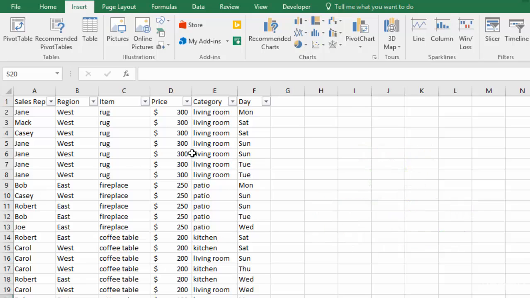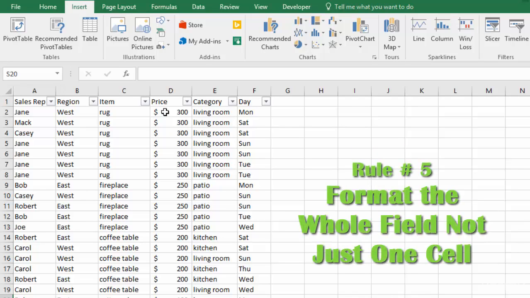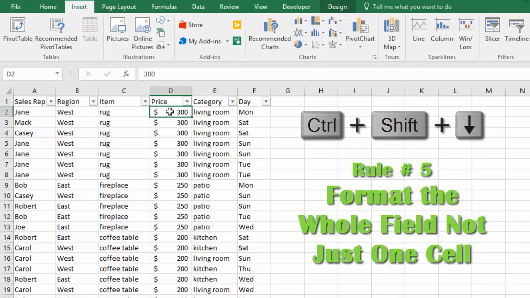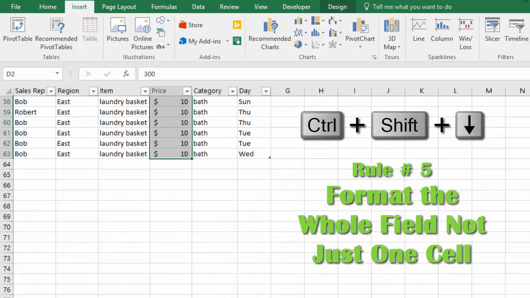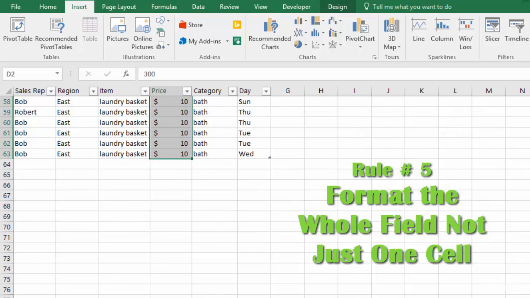create your table. And finally, if you're going to format a value, for instance, I want to change the number formatting here, don't just format one cell. You want to format the whole column here. So if I want to format this cell to change it to a different type of number formatting, I want to format this entire column or field together. So I can select the whole column by clicking Control-Shift down arrow, and Excel will search all the way to the bottom of my field,